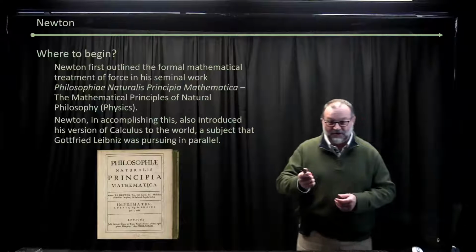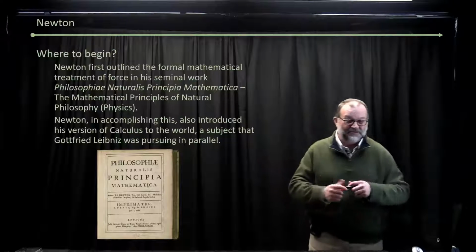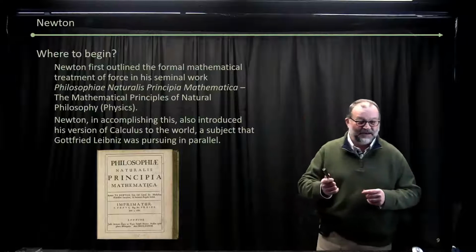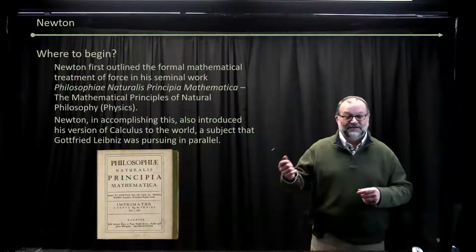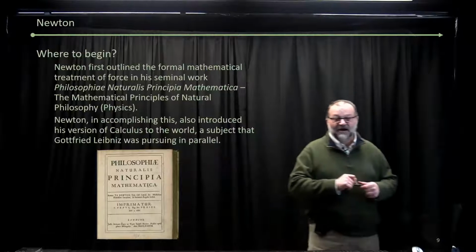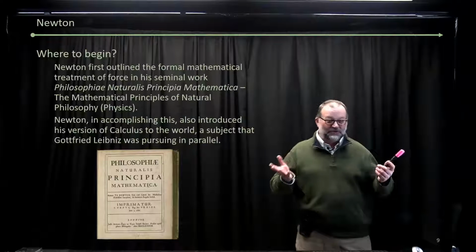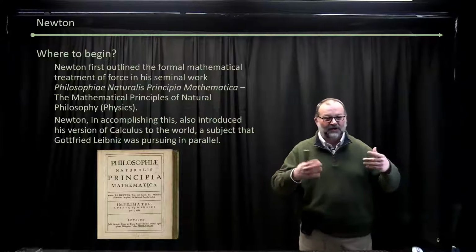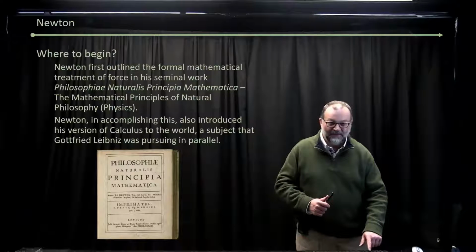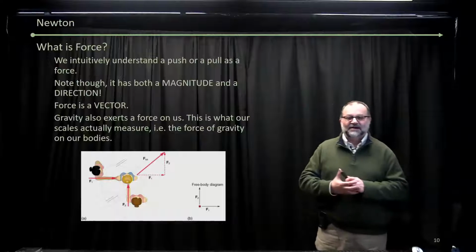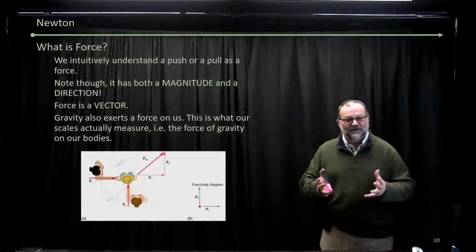And he wrote it all down in Latin because that was the language of the day, in Philosophiae Naturalis Principia Mathematica, which, if you want it in English, you read backwards: Mathematical Principles of Natural Philosophy. Natural philosophy is just what we used to call physics. You know, the philosophy of how does the world work? How does nature work?